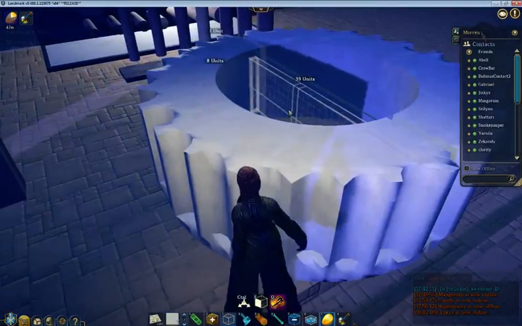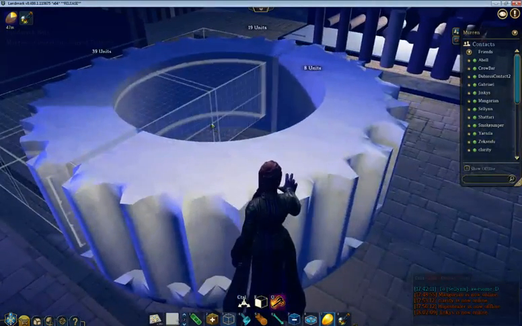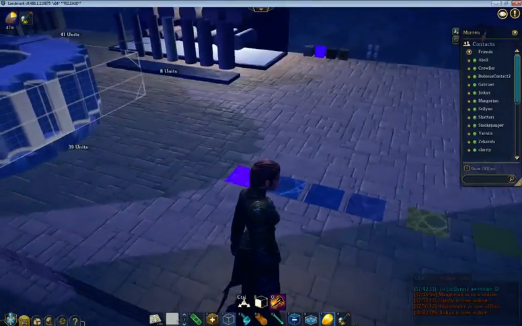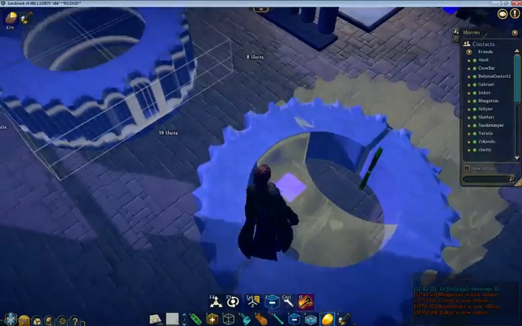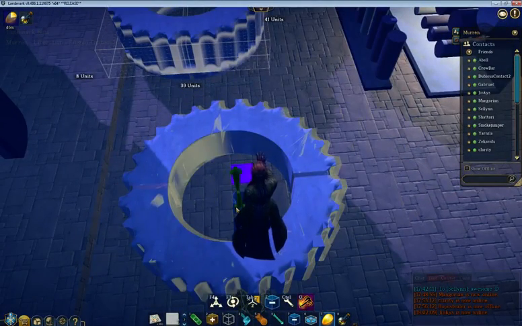Alright, so I'm going to copy out the center of this. And stack it up. Now it just looks like some sort of funky, messy gear. But once I stack it,